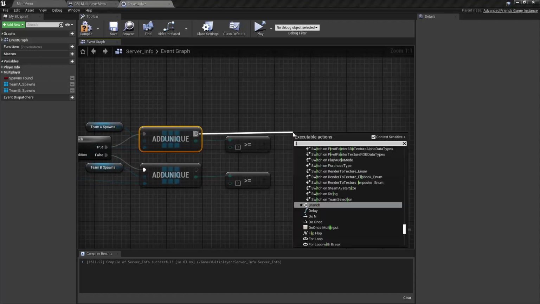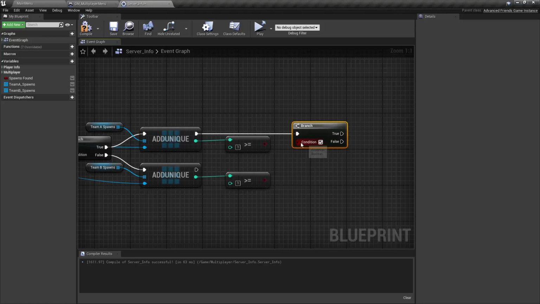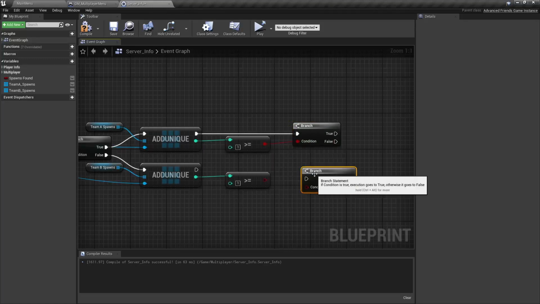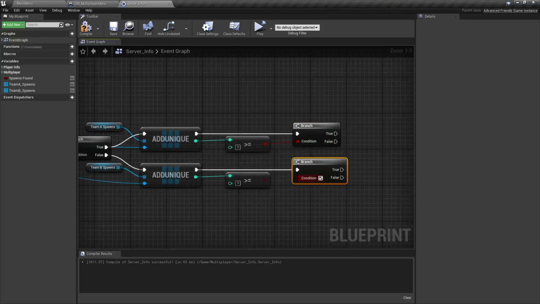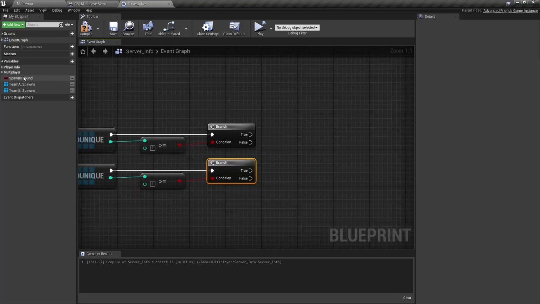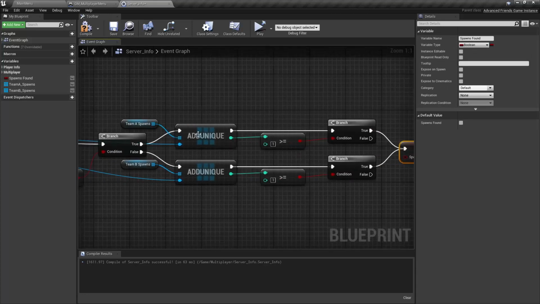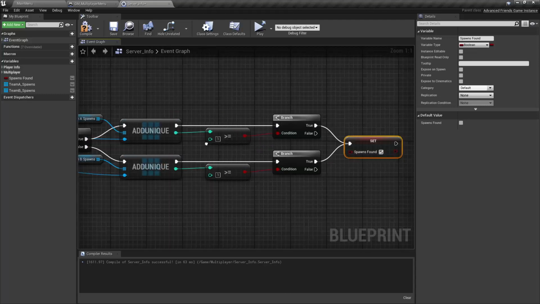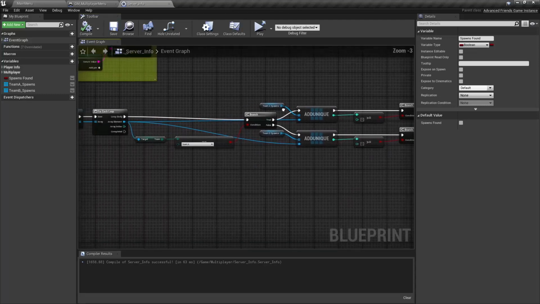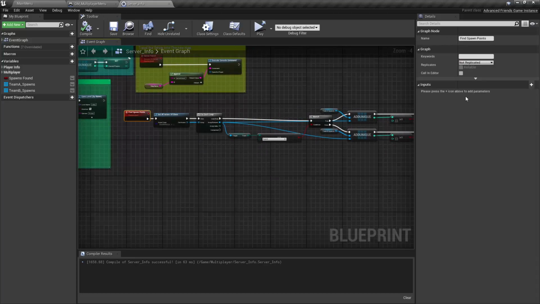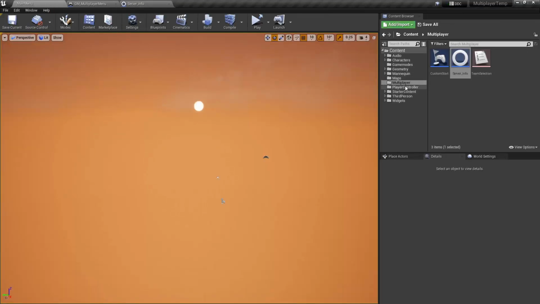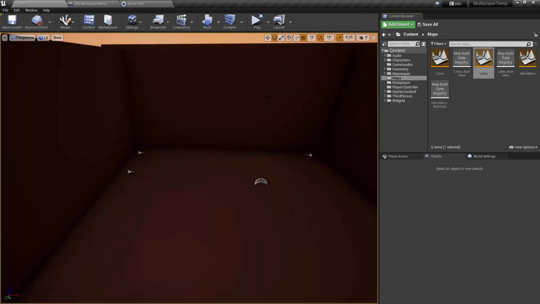So from here, we'll do an if, plug our condition in, and we will duplicate that again. Do the same down here, and if it is true, it will set spawns found to true, and we'll just plug it in like so. So as long as it finds at least one of each of the spawns, or just one of the spawns at all, it will set spawns found to true. We want to make sure that finding the spawns runs on server, and we should be finished up in our game instance. Now we need to go back to our lobby, or the map that you are spawning your